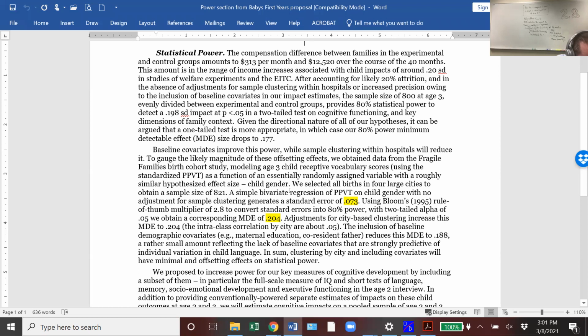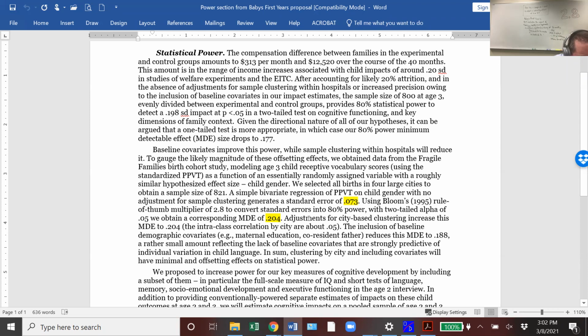A simple bivariate regression of the cognitive measure on child gender with no adjustment for sample clustering generates a standard error of 0.073. Using Bloom's rule of thumb multiplier of 2.8 to convert standard errors into 80% power with two-tailed alpha of 0.05, we obtain a corresponding minimum detectable effect size of 0.204, right? Nicely corresponding to the 0.198. But what's nice here is not just to show Bloom was right,